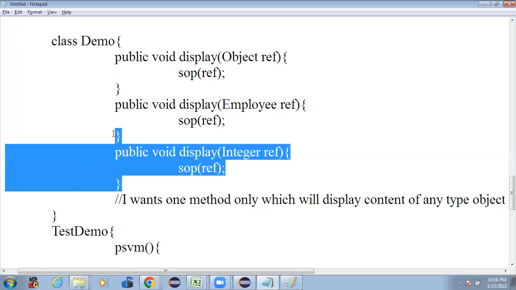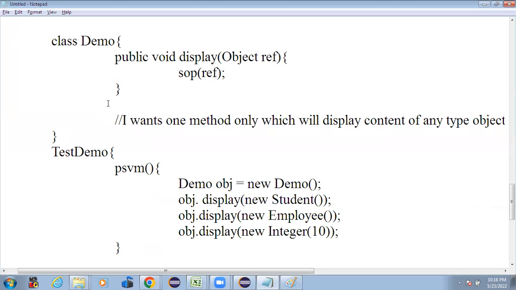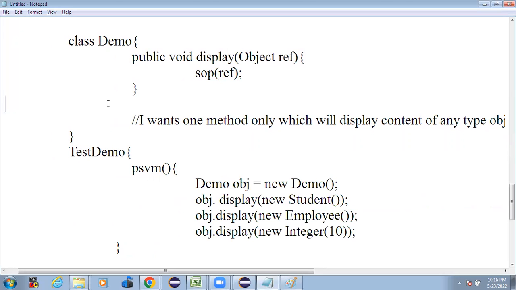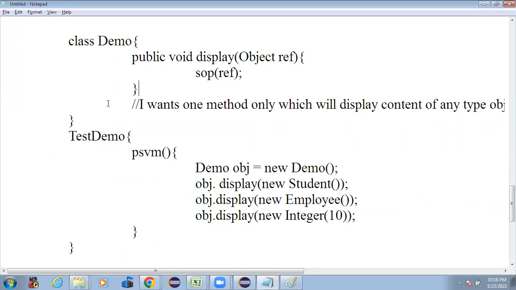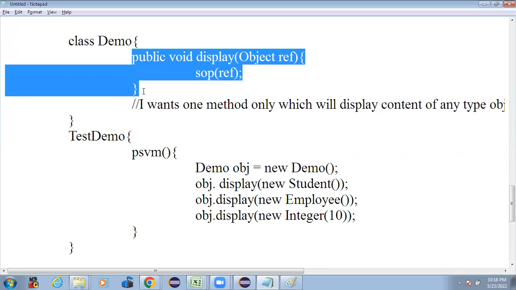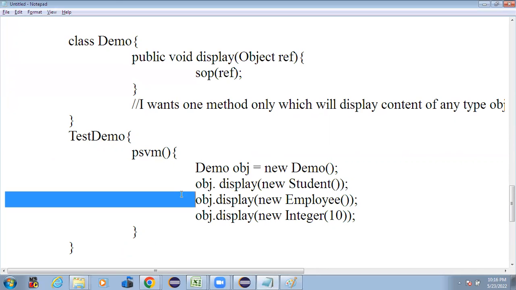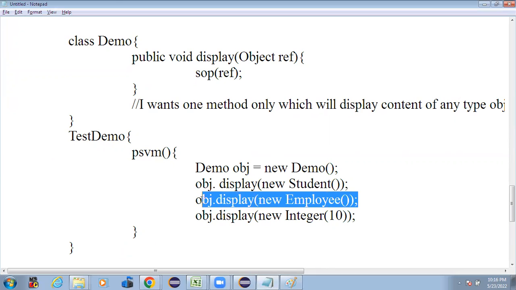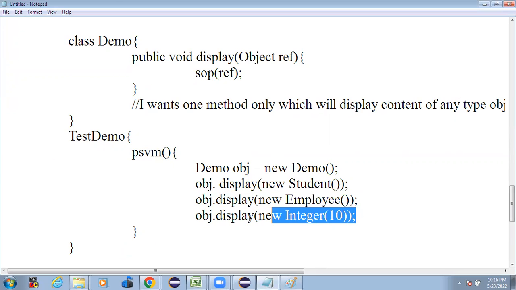And I don't need to write all these methods. So now, even though I have only written one method, what I'm trying to do is obj.display and pass a new student, and still it will go here. Employee, still it goes there. Or the integer, still it goes there, because